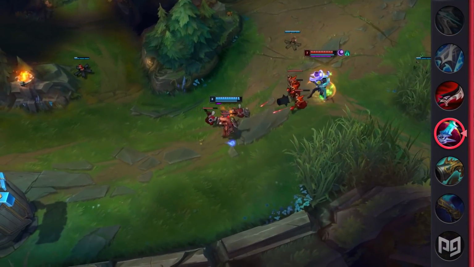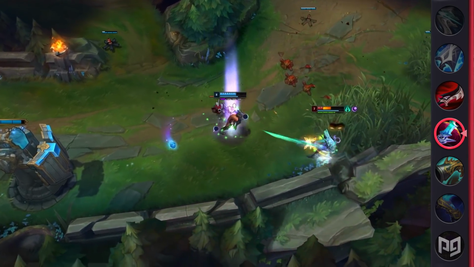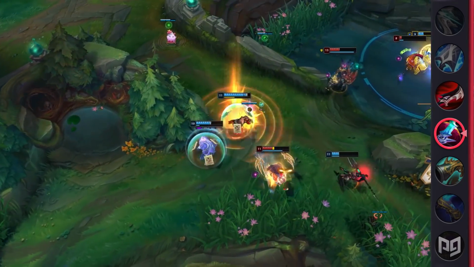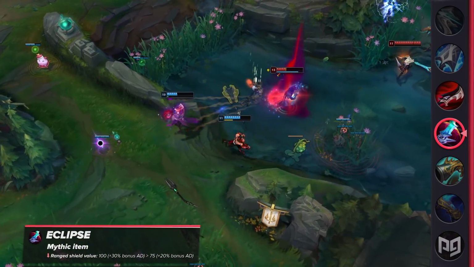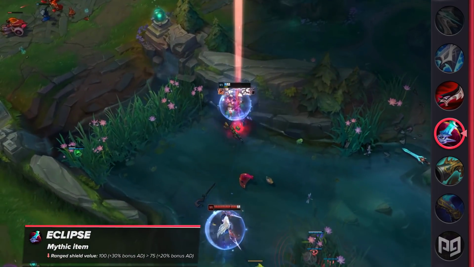Eclipse, guys, has yet again been nerfed this patch, but this one is targeted at ranged champions. We're looking at you, Jhin. Riot isn't happy with the current state of lethality and ranged champions, so we've got some changes to discourage those sorts of builds. The shield value for ranged champions has been reduced from 100 plus 30% bonus AD to 75